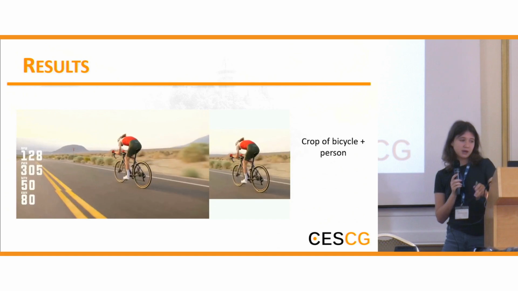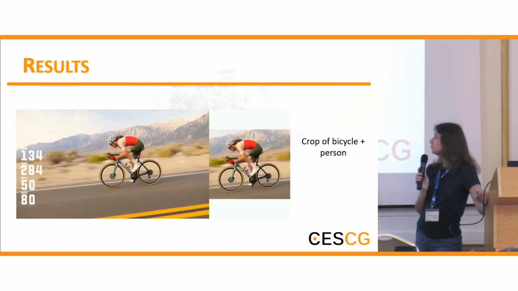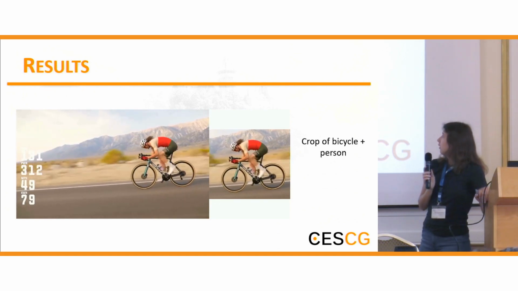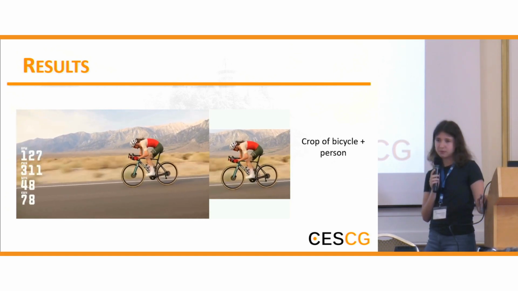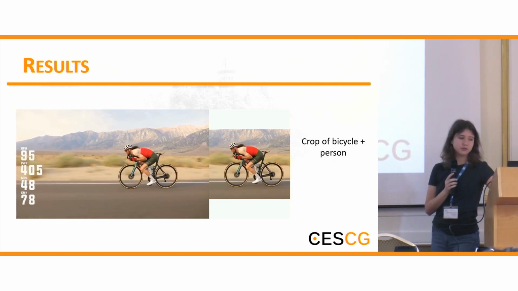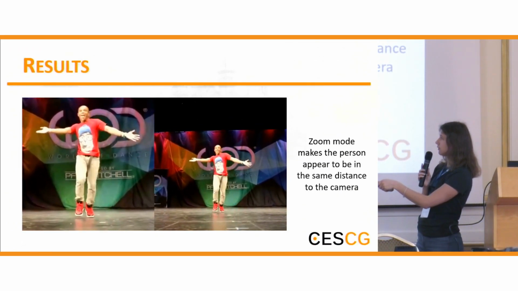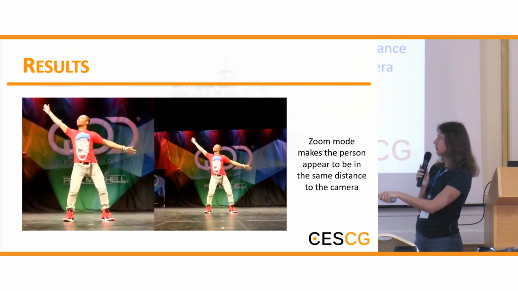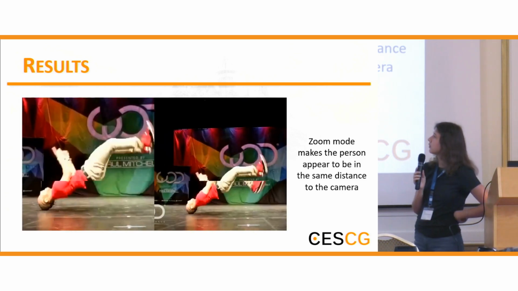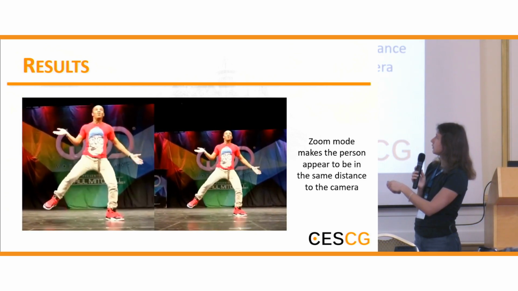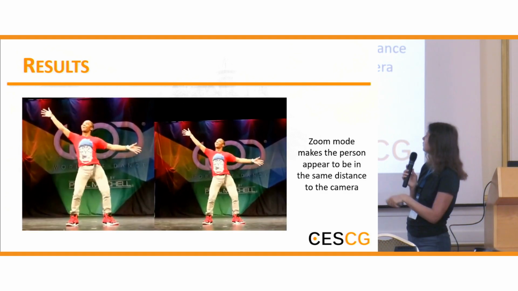And with sporting equipment, here is the demonstration of a person on the bicycle. I have also implemented the crop mode so that the person, for example, moves further away from the frame, but here he remains, it seems like he is the same distance from the frame, from the camera, sorry. So this is just cropped without the zoom mode, just optimal, and this is with the zoom mode.